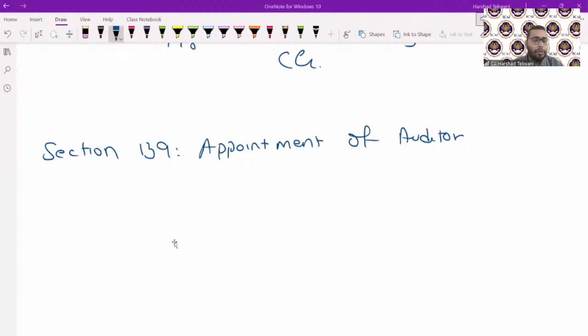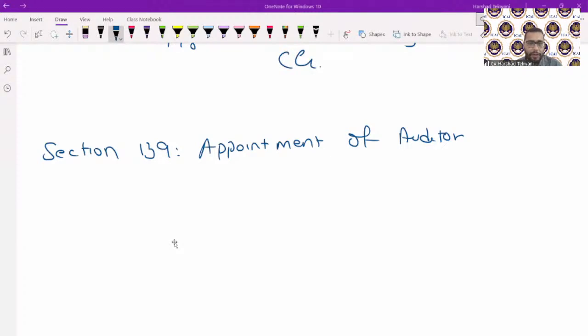So guys, I think this particular topic you have also seen in IPCC, in the Companies Act corporate law section. Without wasting much time, I will be explaining these provisions in a summarized form, which will help you in your enhancement for this particular topic. So what section 139 says is